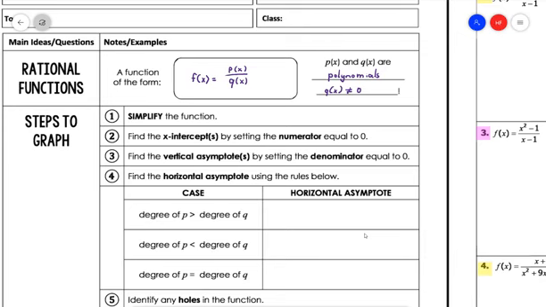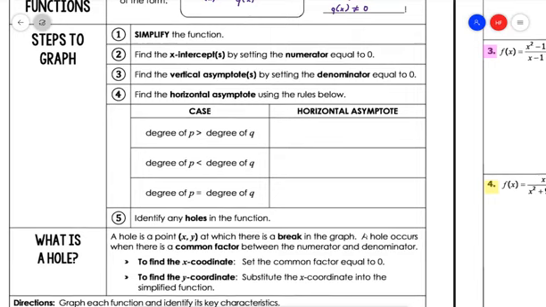So there are 4 steps to graphing. First, we want to simplify the function. That just means that if we can factor, we're going to factor, and we're going to cross out things that are both on top and on bottom. Then we're going to find the x-intercepts, and that just means we're setting the numerator equal to 0 and solving. Then we'll find the vertical asymptotes by setting the denominator equal to 0, and then we'll find the horizontal asymptote